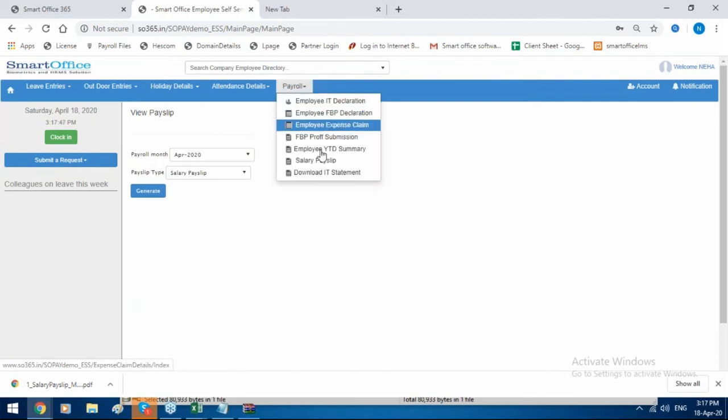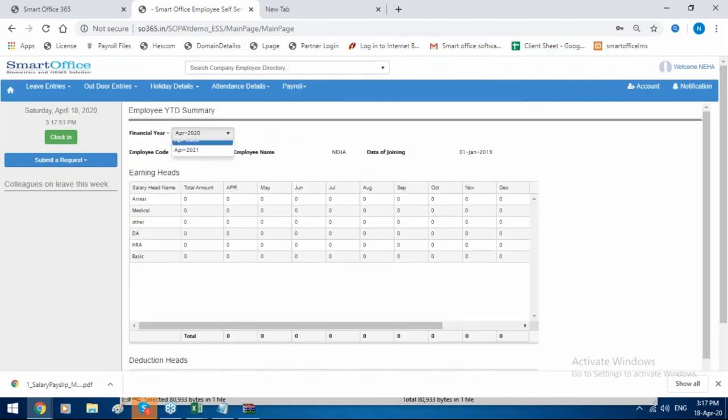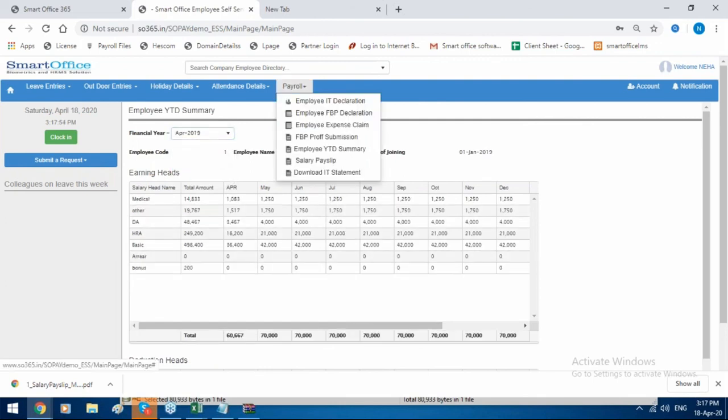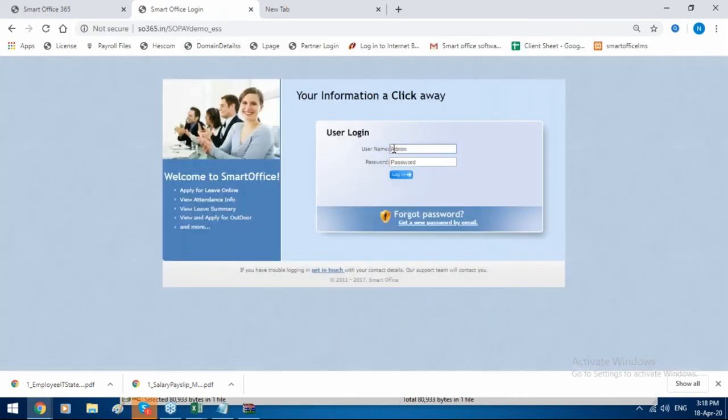Employee yearly TDS summary they can check, and they can download their own IT statement from here. These are the features in the mobile application. I will show you the manager portal also. What I have shown is for a particular employee.